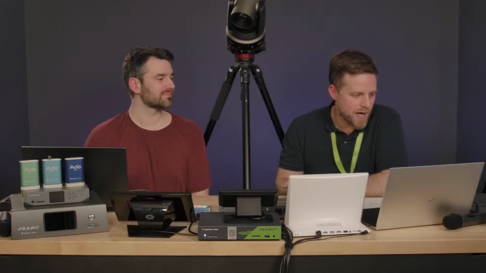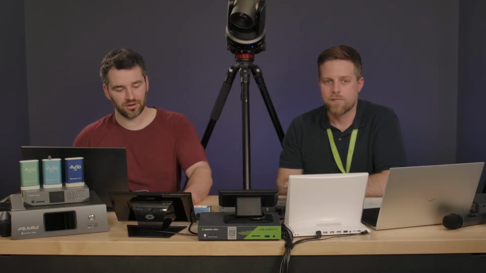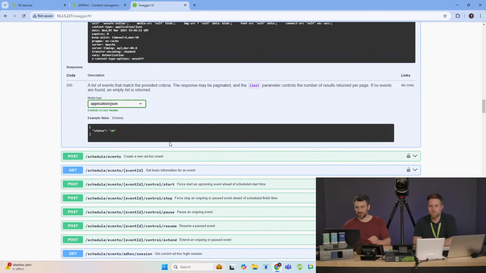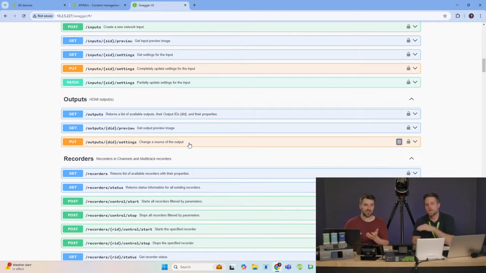Do you have a REST API available? This is a question from Vadim. Yep, everything I showed here, so I'll just go back to my computer here, this is all REST API. So it's going to follow the standards of that: get, put, post, push, patch, so you can do all those things.